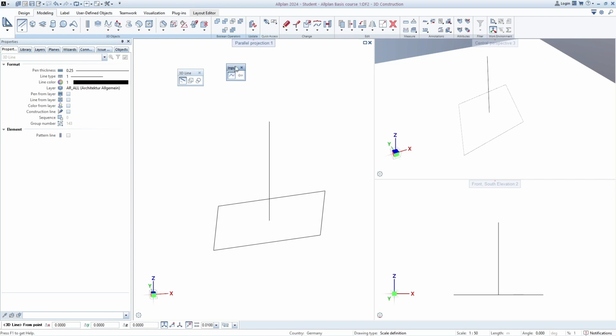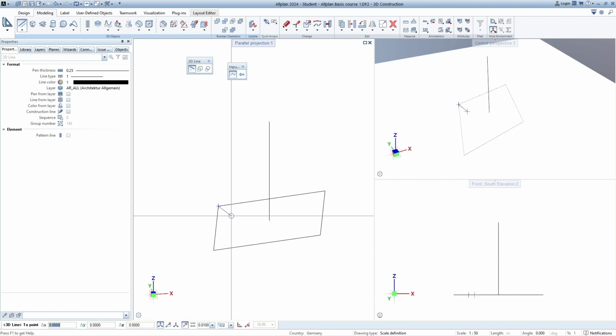Okay, so let's go ahead. And now we can basically use the already existing points. So we have this point that needs to be connected with that point, this point that needs to be connected with this point, and so on and so on. So let's go ahead,